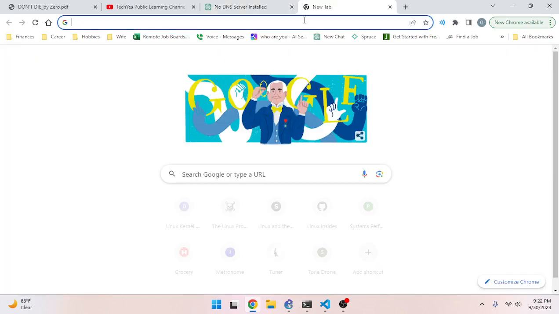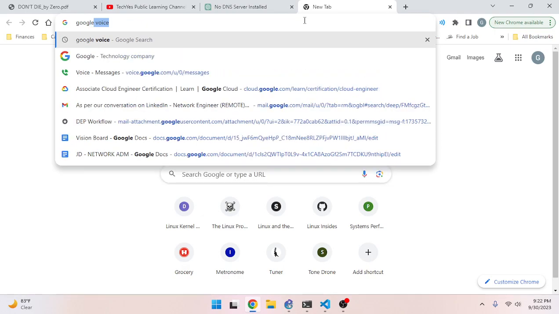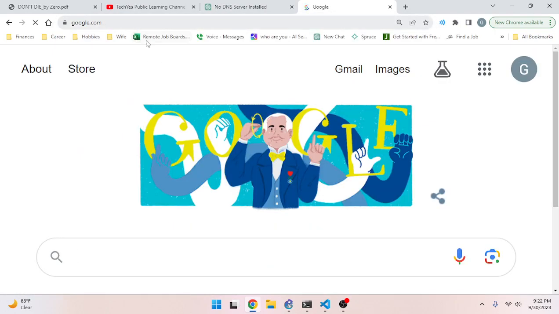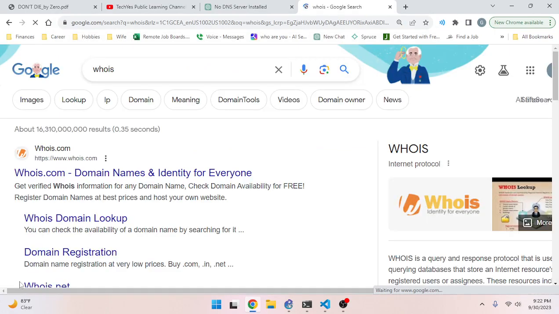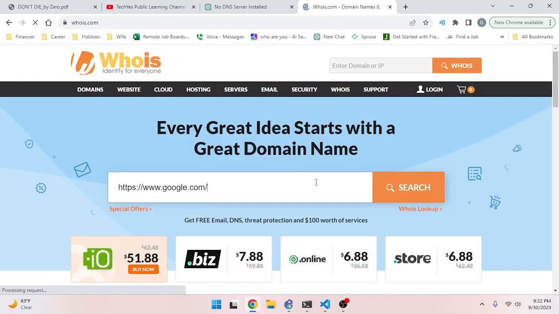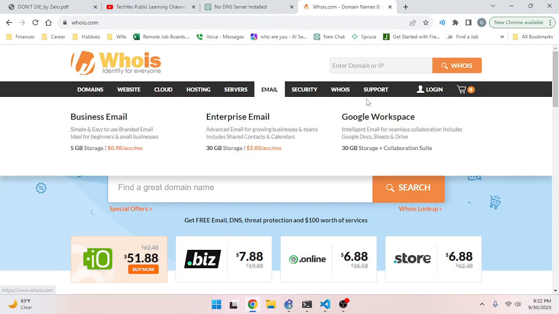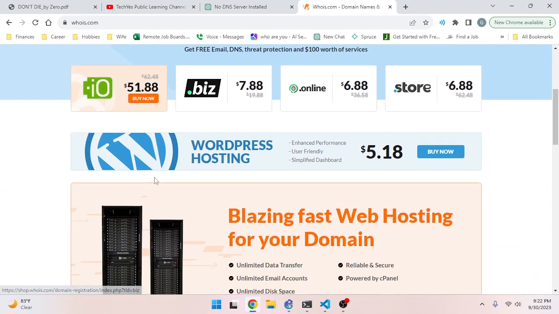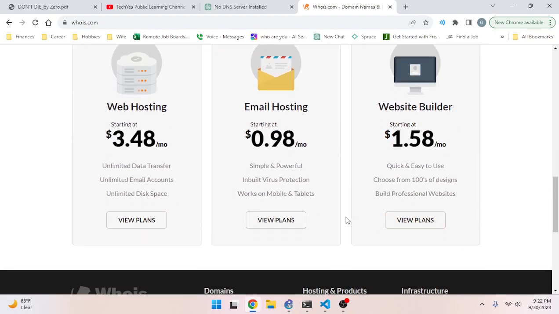A website like google.com is not a randomly assigned address. You can do WHOIS lookups on it, and these are not random sites. Or like the idea of DHCP is